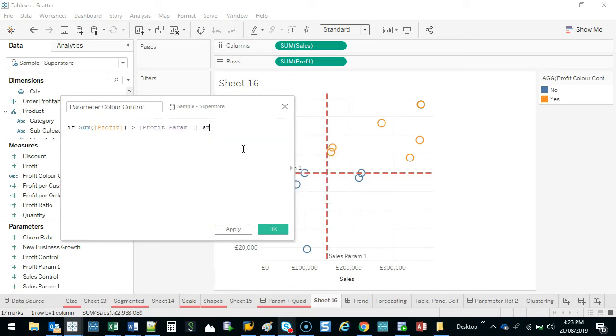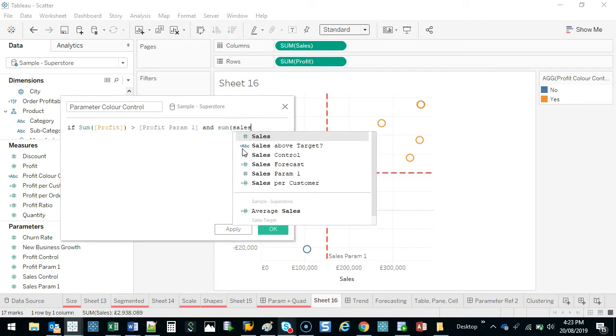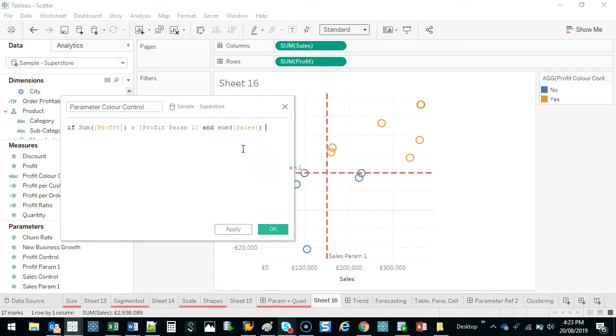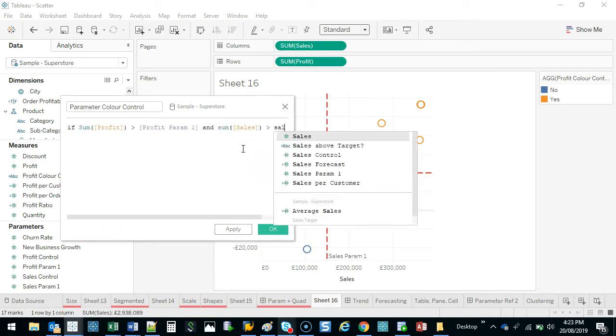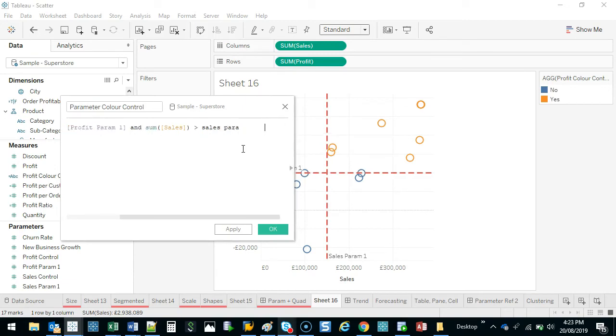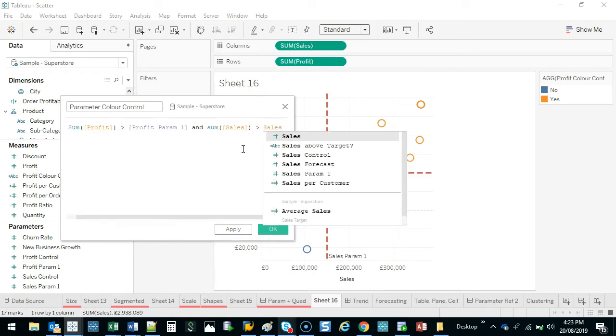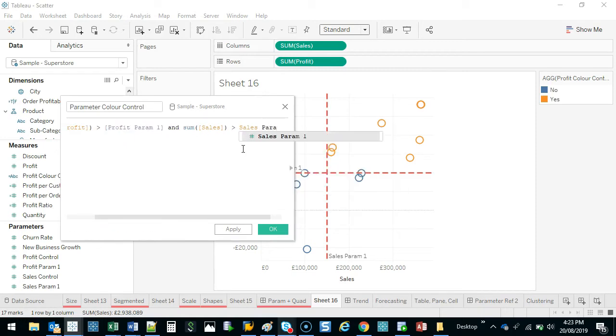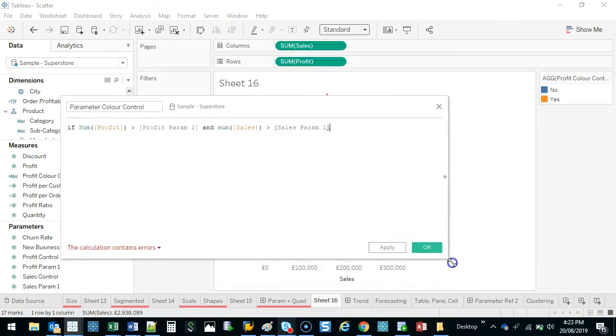If it's greater, and we're going to do the sales one, sum of sales, okay, is greater than the sales param 1. Then I'm just going to say 1,